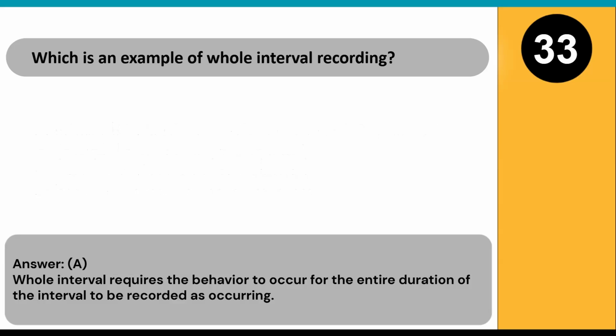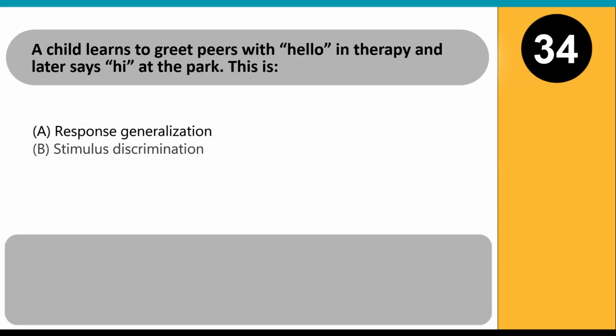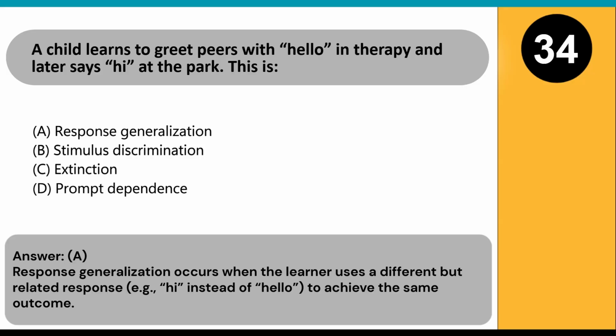occurring. A child learns to greet peers with "hello" in therapy and later says "hi" at the park. This is: A. Response generalization. B. Stimulus discrimination. C. Extinction. D. Prompt dependence. Answer: A. Response generalization occurs when the learner uses a different but related response, e.g., "hi" instead of "hello," to achieve the